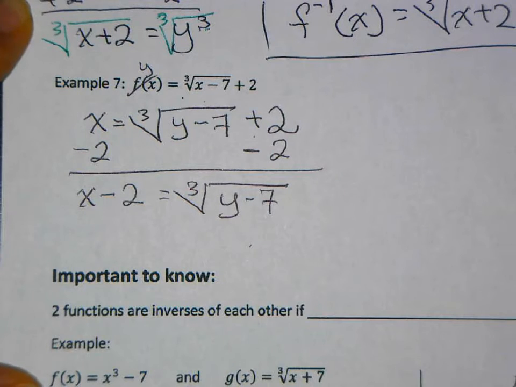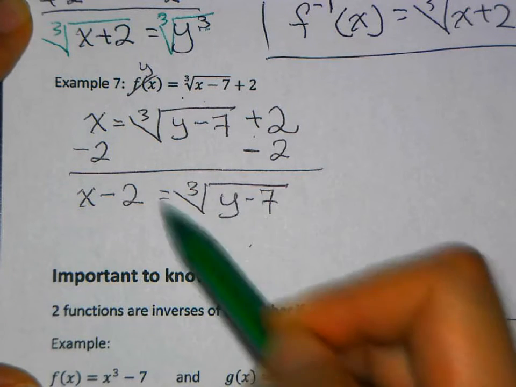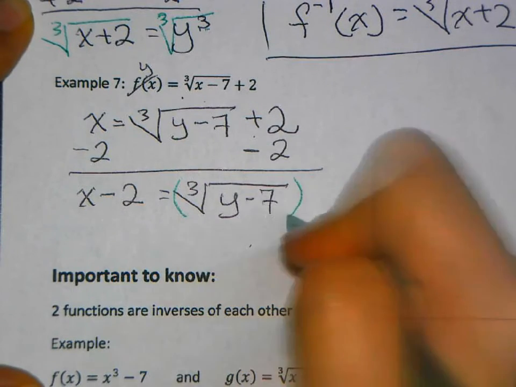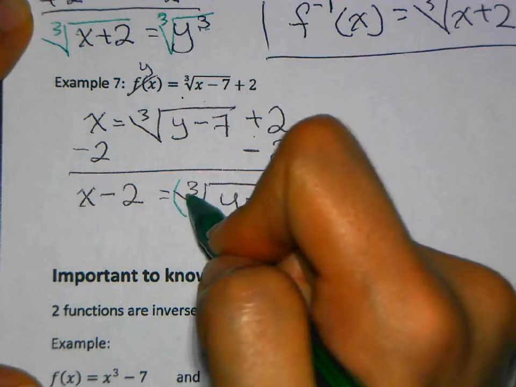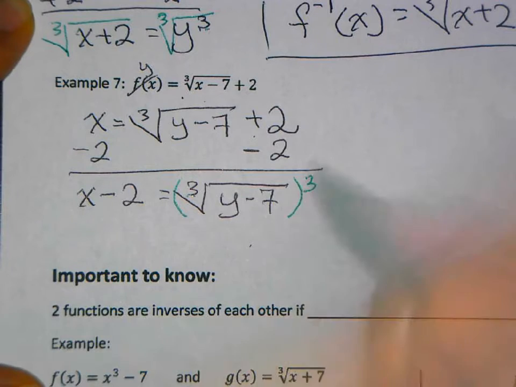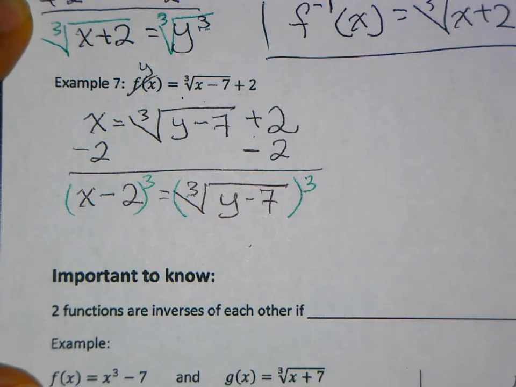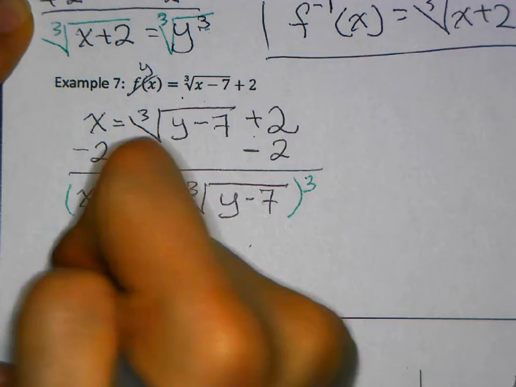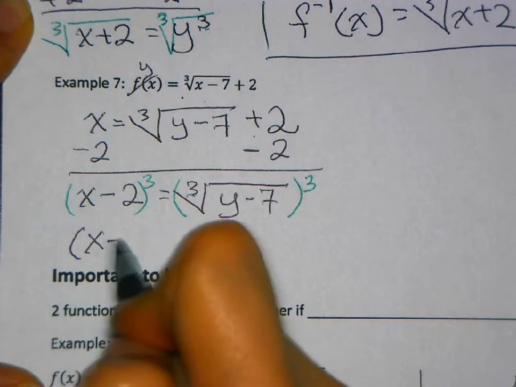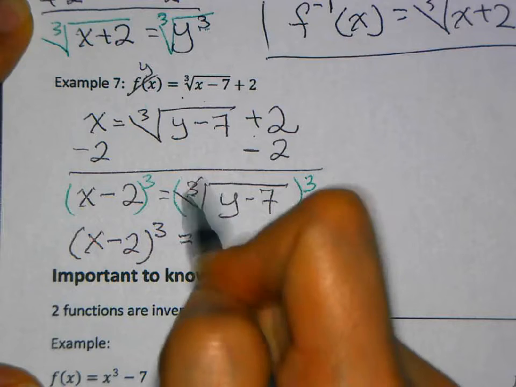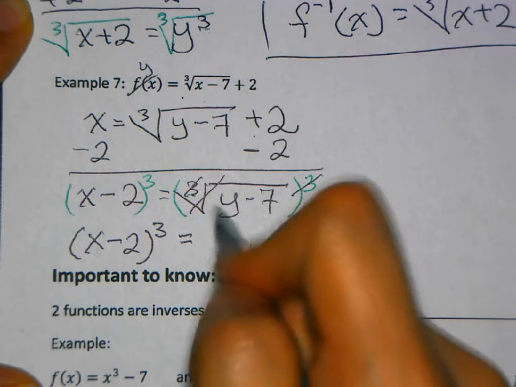Now, to get rid of that cube root, I have an index of 3, meaning I need an exponent. What exponent do I need? Same as my index. I need an exponent of 3. So that means I need to take an exponent of 3 right here. So that's going to leave me with x minus 2 cubed equals, that exponent cancels out my radical, y